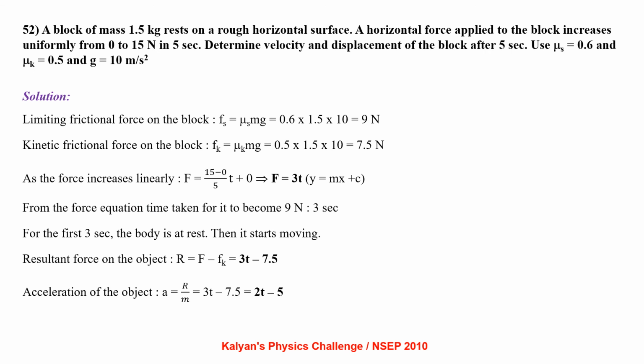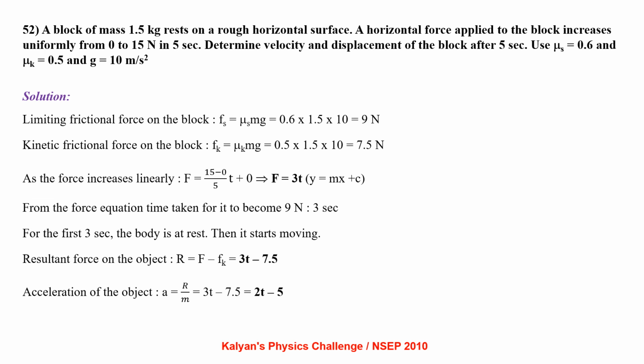A block of mass 1.5 kg rests on a rough horizontal surface. A horizontal force applied to the block increases uniformly from 0 to 15 Newton in 5 seconds. Determine velocity and displacement of the block after 5 seconds. Use coefficient of static friction 0.6 and coefficient of kinetic friction 0.5 and g equal to 10 meter per second